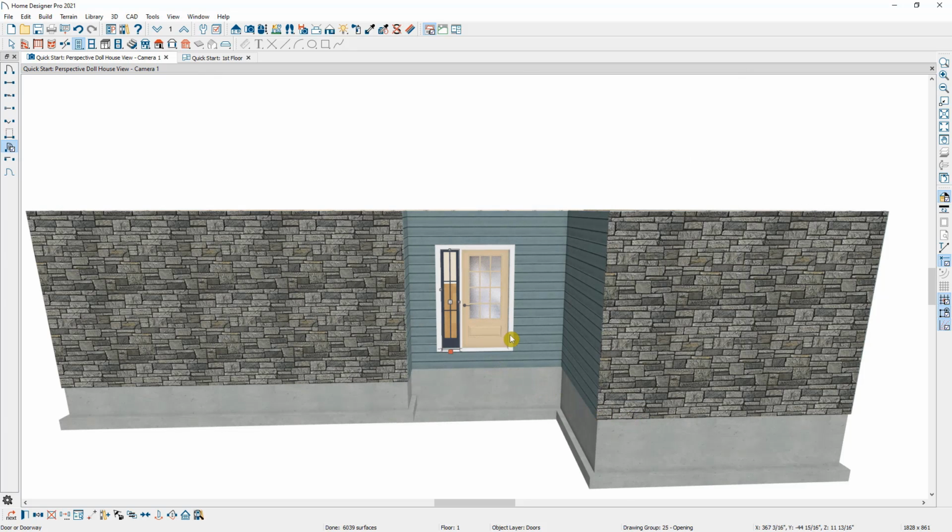And then I know that I need another copy of that side light on the other side right here. So what I'm going to do is I'm going to go down to our bottom toolbar, and I'm going to press copy. And then there's a couple other copy options that pop up. And I'm going to select this option for reflect about object. And when I press that, as I move my mouse in the plan, you can see other objects that we will be reflecting that copy about. And with that front door selected, I'm just going to click once,